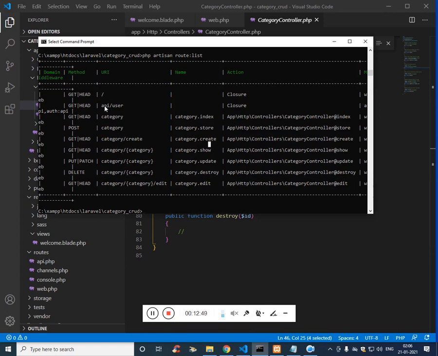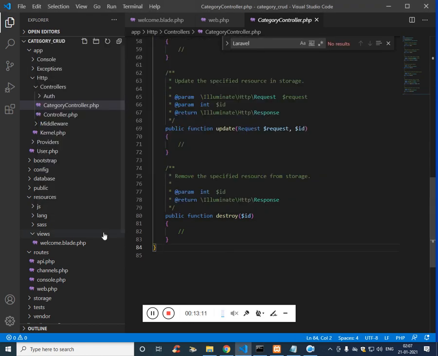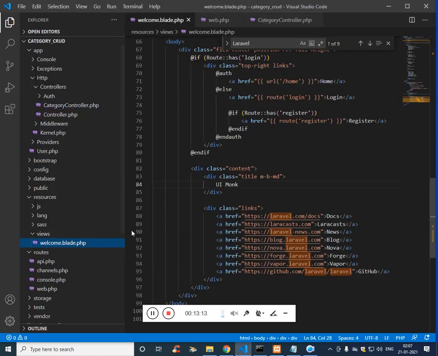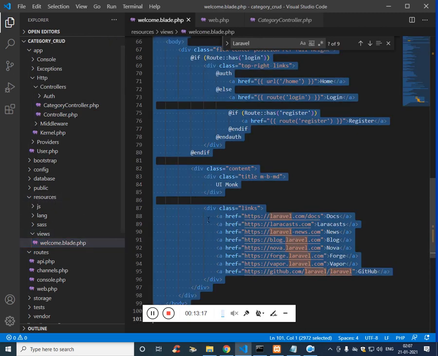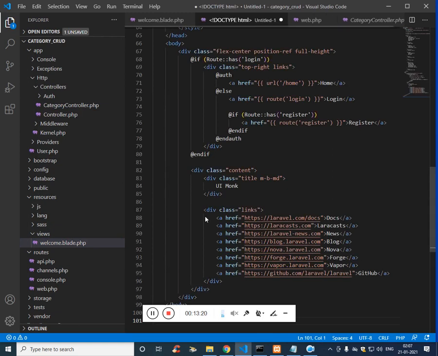We just have to make sure to use the URL in the creation of HTML. The very first thing we need is a display page. A display page will show all the category list. So for that we have to create a page. This is the folder where we need to create the page, inside views, which is inside resource. Control N, paste, save it as.